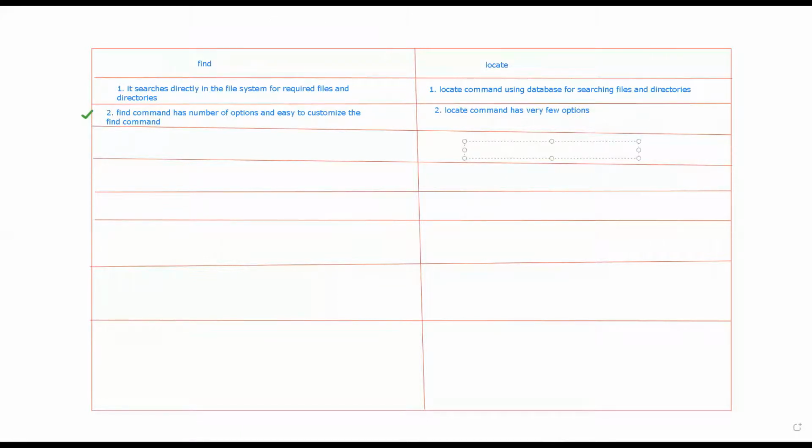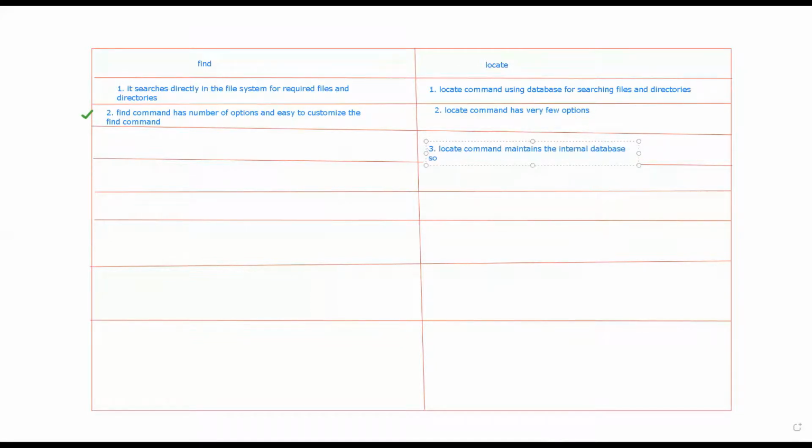So how can I say? Third, the locate command maintains the internal database.